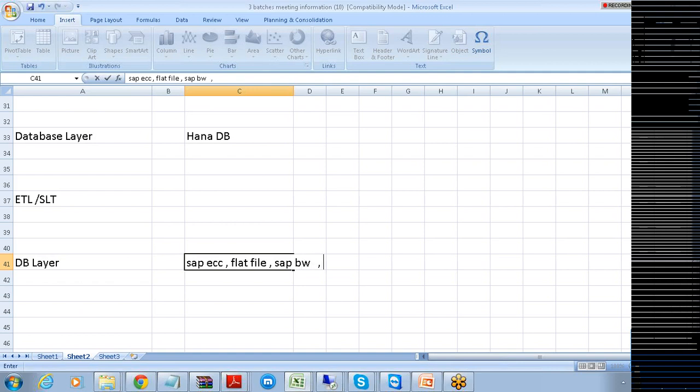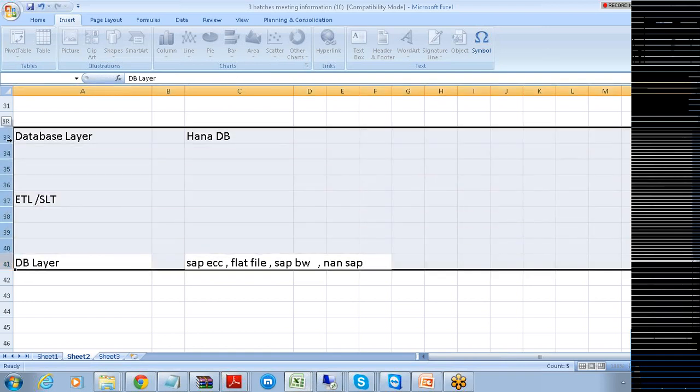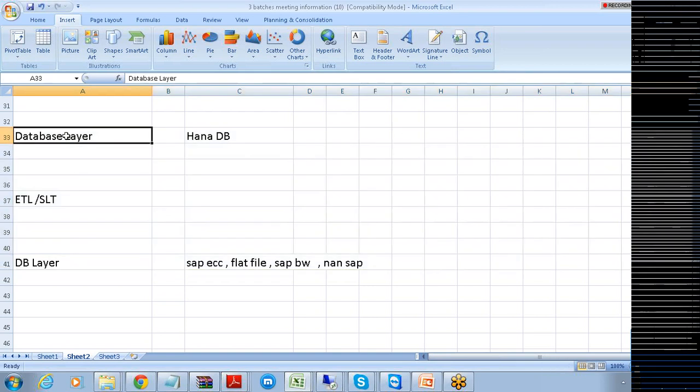We can have non-SAP systems also as a part of this case. Replicating the data from your source database systems into this particular database layer is done.